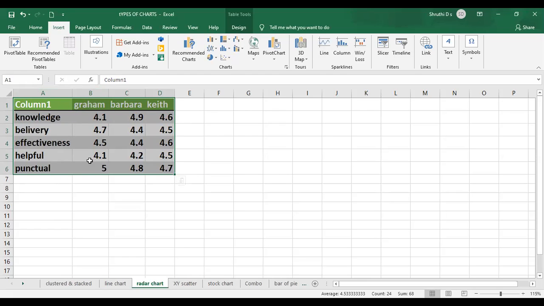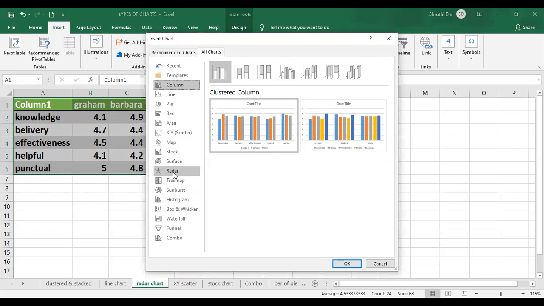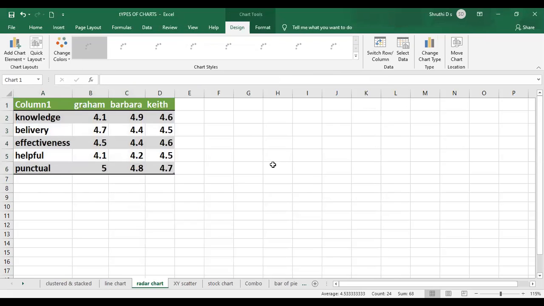So here Graham, he's the first person and we are checking for his knowledge, delivery, effectiveness, helpfulness and punctuality, and we are going to chart them. The entire data in the table can be selected to include that. See, now it will show you. And here in the recommended charts, we'll go to radar and select that.